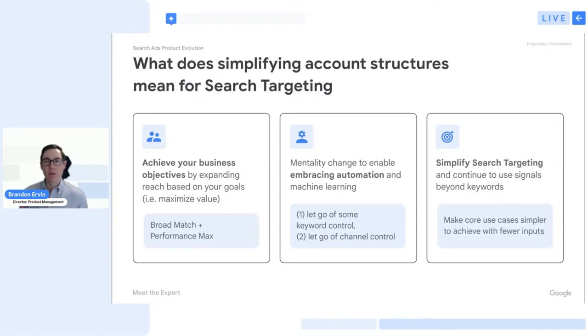And then finally, we're trying to make sure that we can continue to simplify search targeting. So making the existing tools that are available even more powerful, such that a handful of broad match keywords, for example, can help you capture all the traffic that's important to your business, such that you don't have to focus on keyword mining or adding hundreds or thousands of keywords to get performance. We should be able to deliver that based on the minimum number of broad match keywords that you're able to provide.